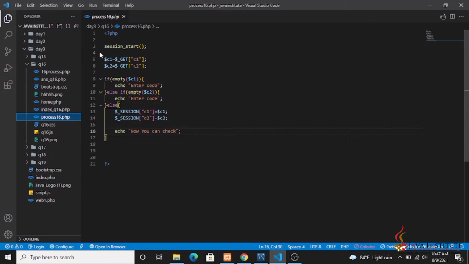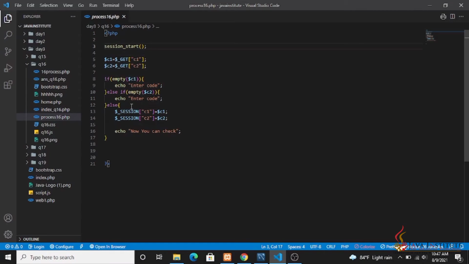So here you can see I have set a session start at the first, because when we use this session start function, we have to use it at the topmost of the file for making the functionality of this page easier. Then I have gained these two values of the input field by using the $_GET associative array, and I have stored those two values within two variables, and I have checked whether these two fields are empty or not.